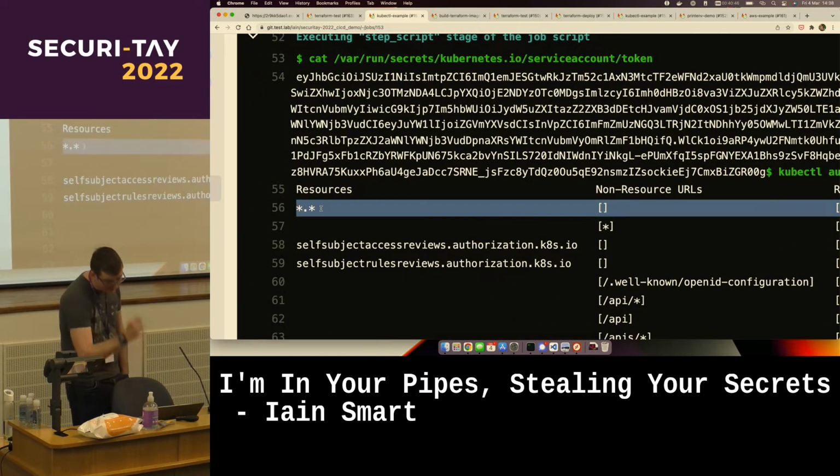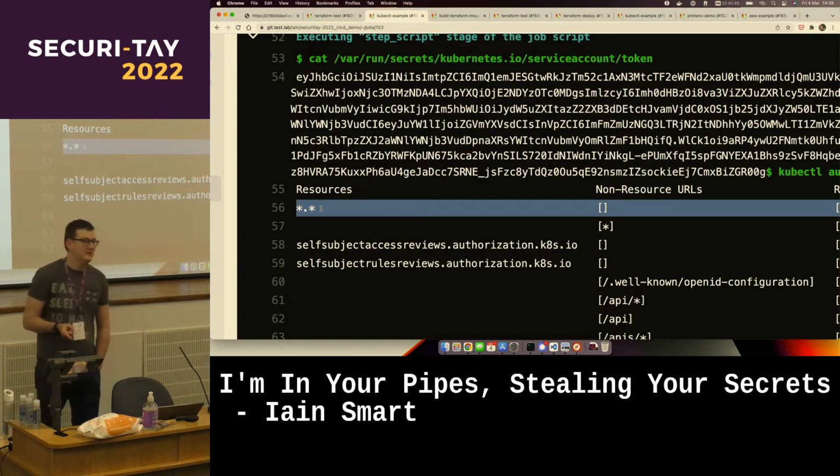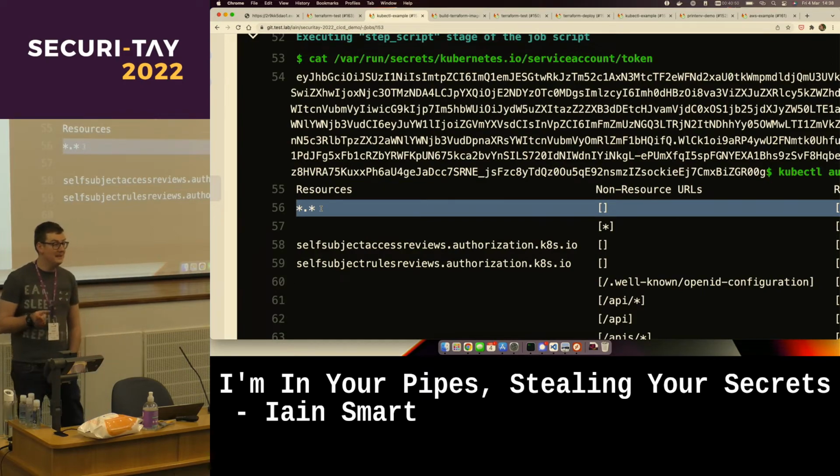So I've got star.star. Obviously that's for demo purposes, but you would be amazed how often we see people who have provided things like the group system:serviceaccounts in Kubernetes just cluster admin access. Or there's a couple of installers on GitHub for various data mining type things that just add in RBAC when you install them that says make the default service account have cluster admin, which is really stupid, and a lot of people don't notice that it's a thing.